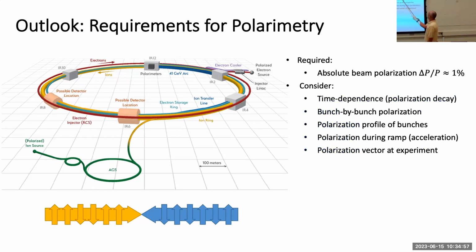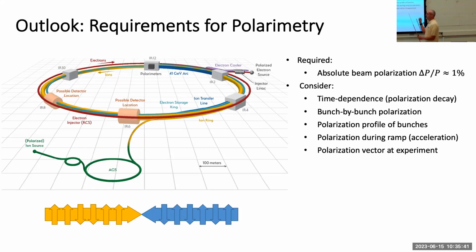So one obvious thing is the time dependence, the polarization decay through your several-hour-long storage. Then we need to be able to identify the bunch-by-bunch polarization. The bunches have a transverse and longitudinal dimension size, so we should be able to measure the potential polarization profile of these bunches. And then it would be nice to really map the polarization during the ramp to see what the effect of the strong resonances is when we cross them. And then lastly, but